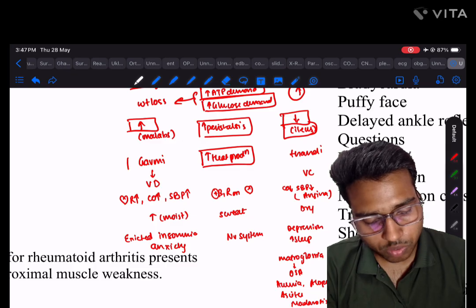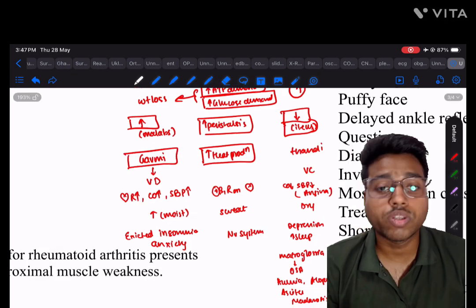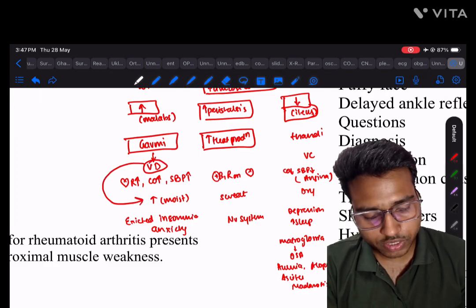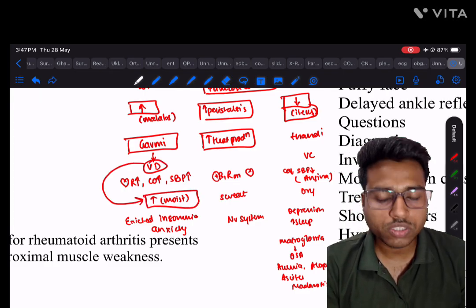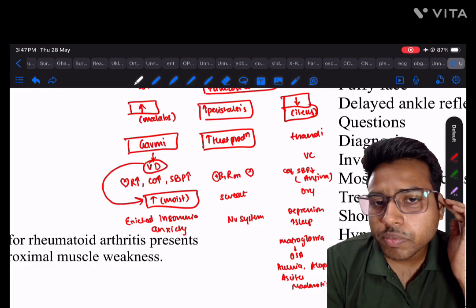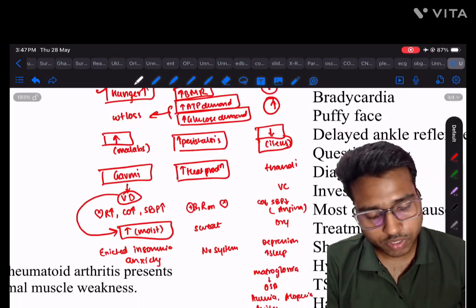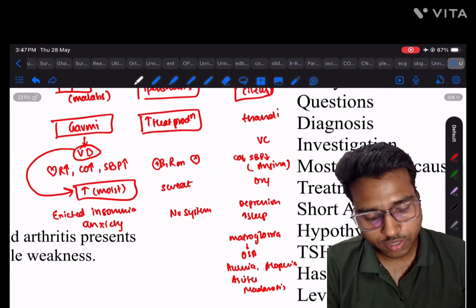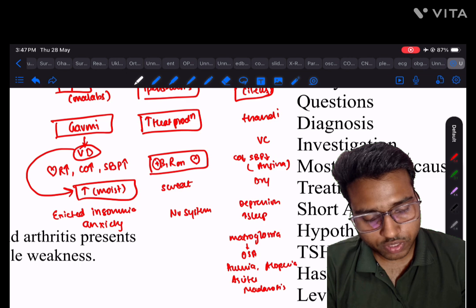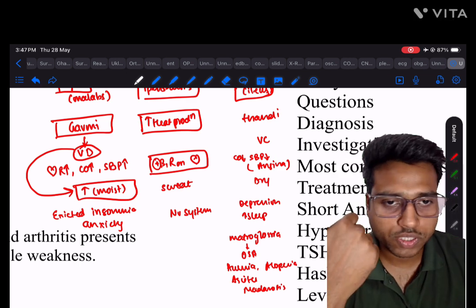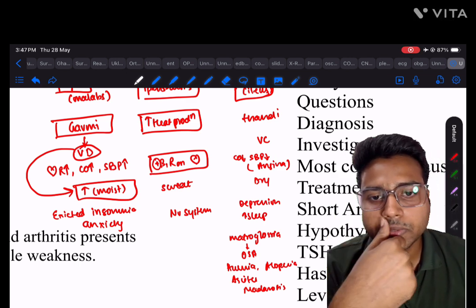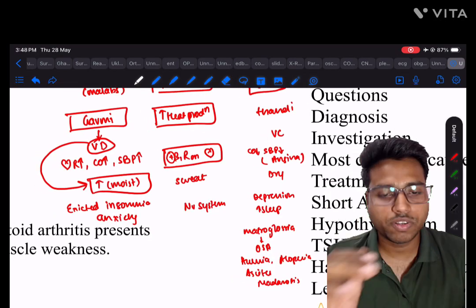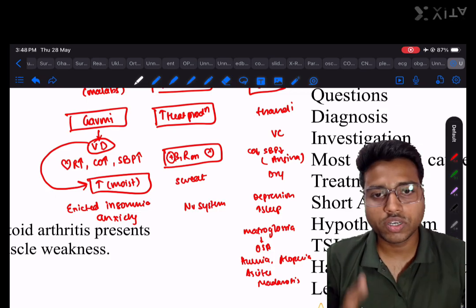There is increase in heat production normally, but if there is hyperthyroidism, he will feel a lot of heat. So vasodilation will lead to sweating, which will cause more moist skin. If you see the hyperthyroid patient, he will have moist skin, but if the patient is hypothyroid, the skin will be dry, and can be a bit scaly, okay. Now T3 T4 will act on the beta receptors of the heart. What is the action of the beta receptors? It will increase the heart rate, increase the cardiac output, and increase the systolic blood pressure. Heart will pump, so there will be increase in systolic blood pressure, not diastolic.